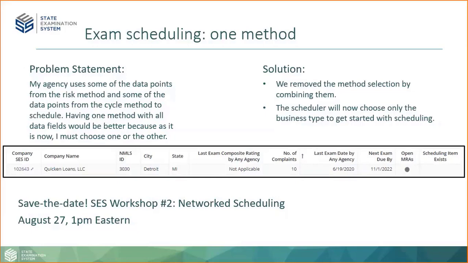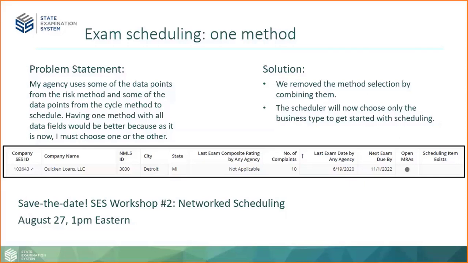For those who haven't been in the scheduling area, we provided two paths forward through the scheduling process, and one was called risk. We presented some risk metrics on your companies. One was called cycle. We presented more calendar-based, cycle-based metrics on those companies. And the feedback was overwhelming that you like a combination of the two, and our two paths did not allow for that. So we did away with the choice of method,